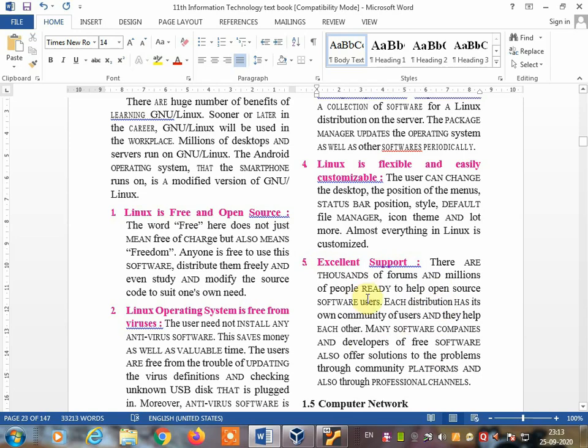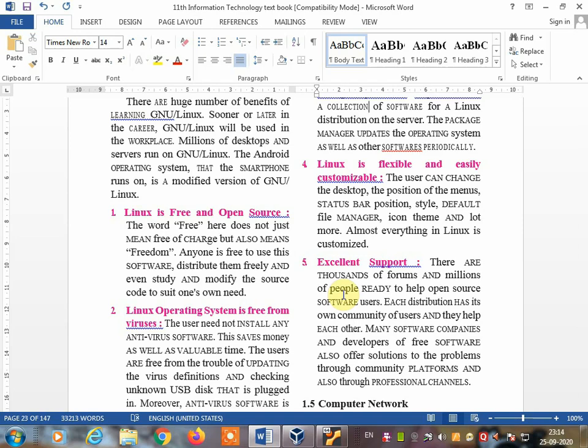Now in this Linux operating system, most of the people are working over here. That's why every 6 months the new Linux versions come. Previously if you see, 17.4 was there, then 18.4 version came, then 19.4 came. You are learning 18.4 and 19.4, but now in the market there is 20.4. Last time when I was installing the Ubuntu operating system, I showed you how to download the ISO file and the latest version, the long time support, LTS version, and how to download and install the Ubuntu operating system. So this is a long time support Linux operating system, and it is given free of cost.